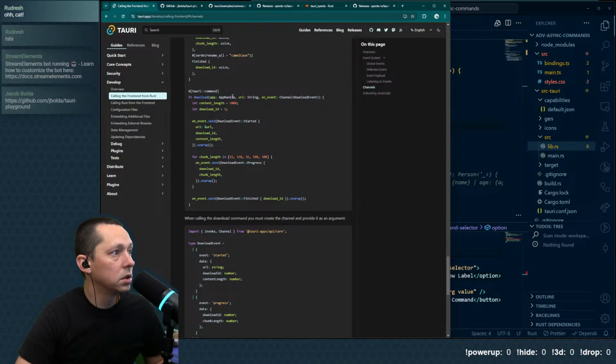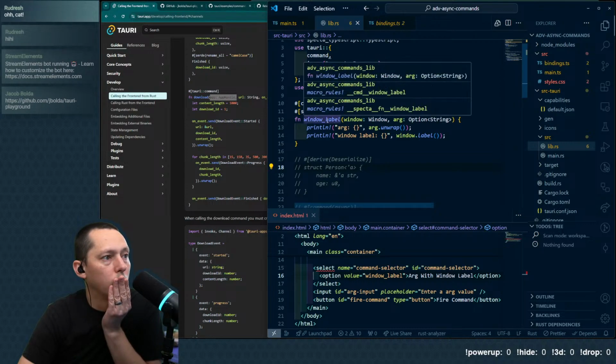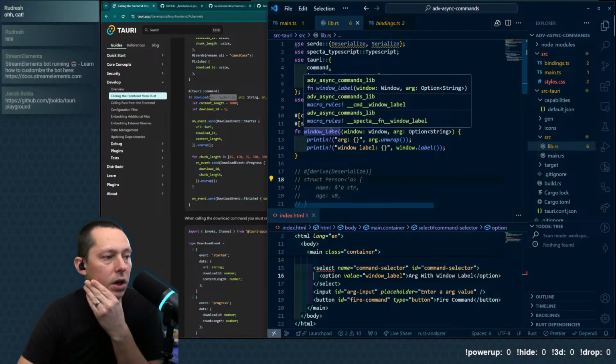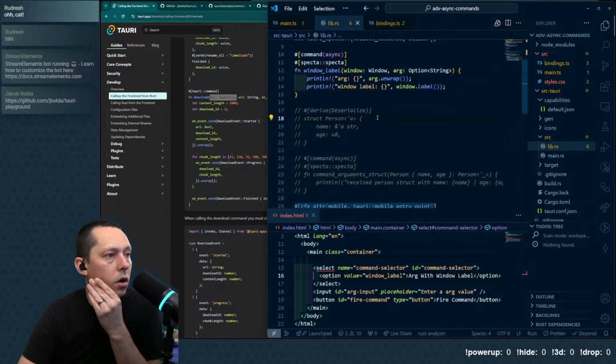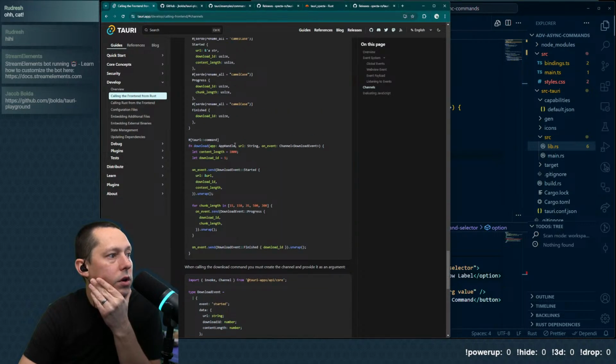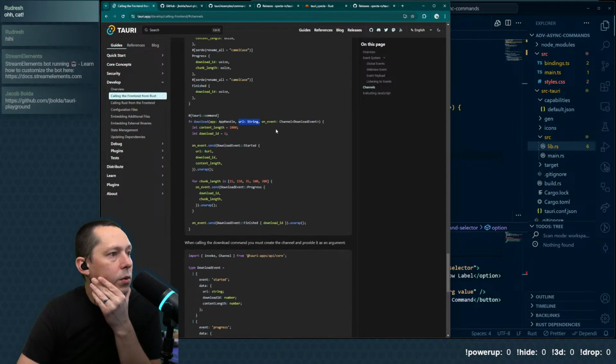So that's nice. I wish there was a way to see, like, I'm pretty sure there's a way to figure out what args are part of this. But I don't know offhand. But we have an app, we have a URL. So that's going to be the payload. And then we have the channel.